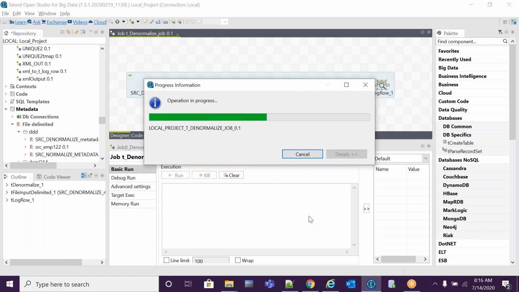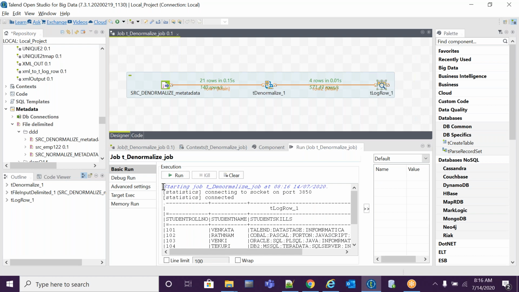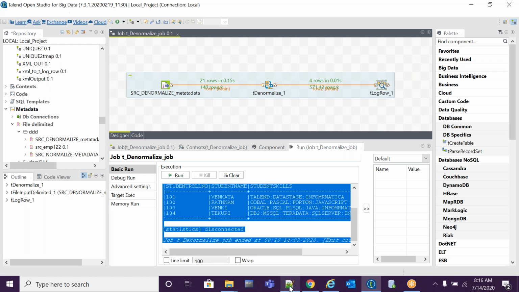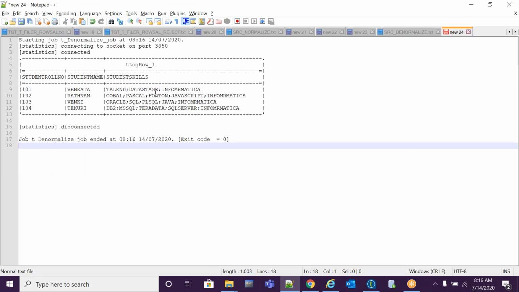We can achieve this with aggregator and T-pivot, yeah. In the aggregator, we can use the list function. They will ask this in interviews also: is there any way to get this? By using the list function, we can achieve it in the aggregator component. See, it came as only one. Aggregator and T-pivot also, pivot columns delimited. Yeah, the T-pivot component. There also we can do it like this, right? Yes, from many rows to one single row.